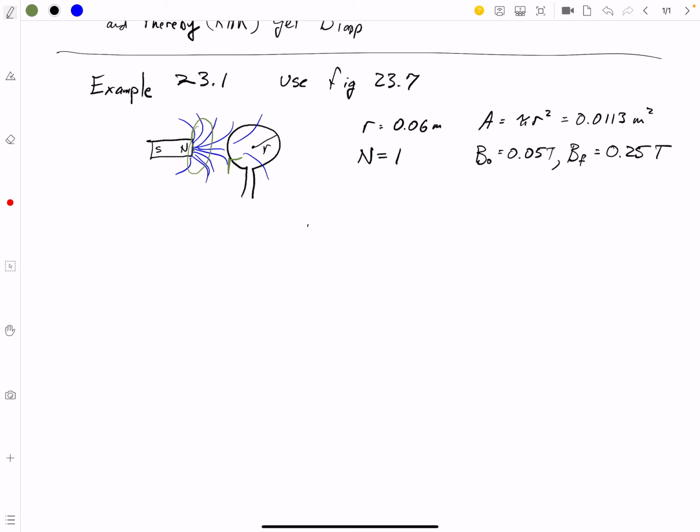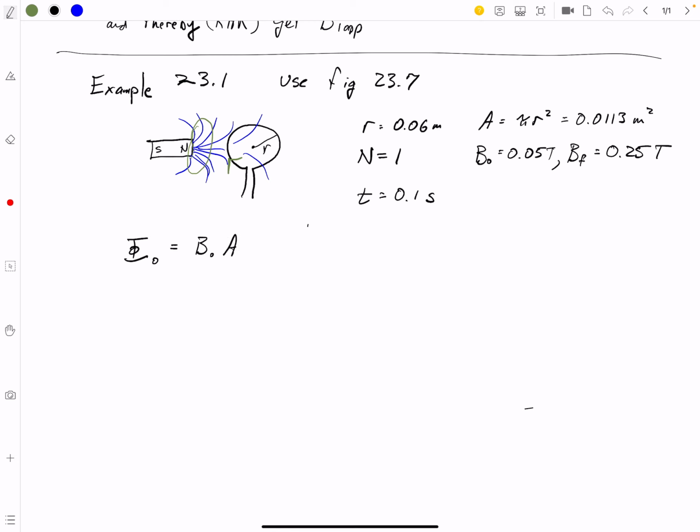The amount of time, how much time did it take? So T is equal to 0.1 seconds. I'm supposed to use delta T, but I think you guys get it, so we're just going to do T. So let's write down phi initial, which is B naught